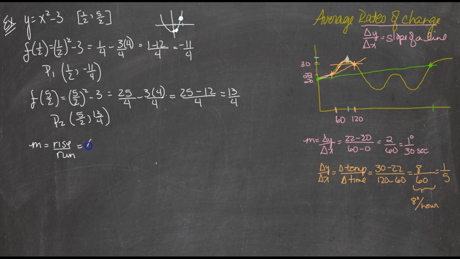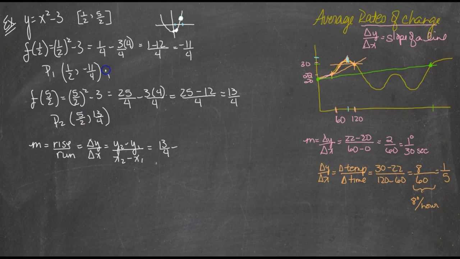and another way of writing that is change in y over change in x. The change in y would be the y-ordinate from point 2 minus the y-ordinate from point 1, over the x-ordinate from point 2 minus the x-ordinate from point 1. So y2, 13/4 minus y1. Well, you know what I might want to do before I do this? Let's